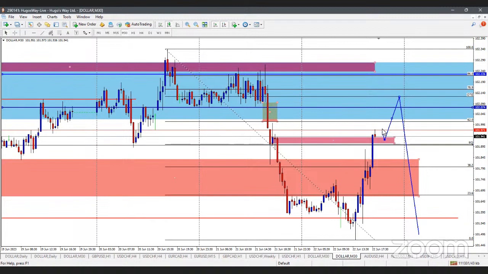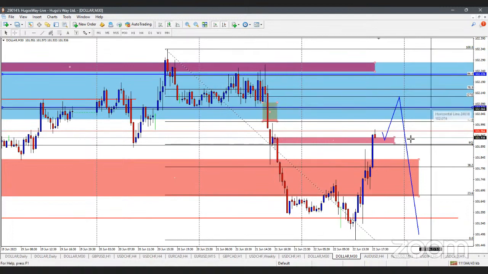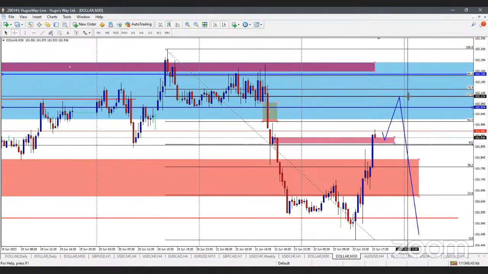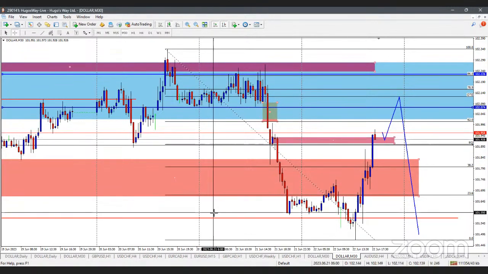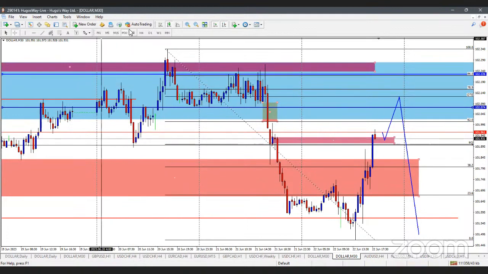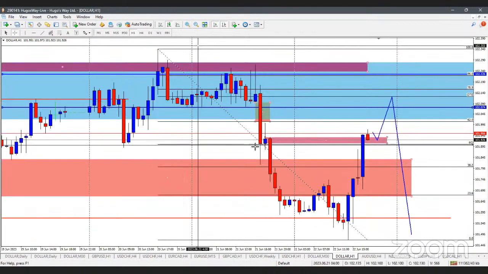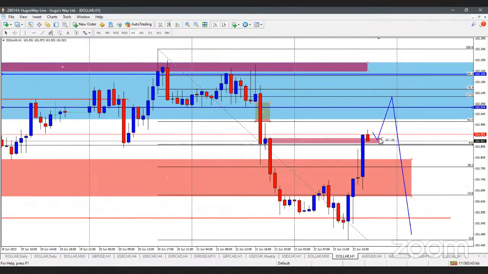Hopefully OTE happens during this next 5-hour window left, or 4 hour and 55-minute window until it gets to 9 o'clock when this market closes. We may even get surprised even more when the market gaps up to open at OTE, because I've seen a few opportunities happen in that way, and then we can take it from there. Now, the only thing I would say is not really a cause of concern at all, but the H1 area shows this zone too, so we can even hone it down to the H1. But if at any point this H1 candle closes back beneath this supply zone, then we're going to have to come up with a different strategy of how the price is going to do what it needs to do.